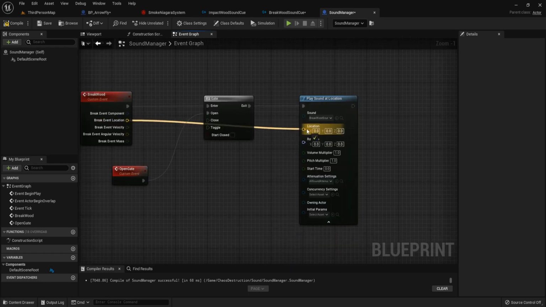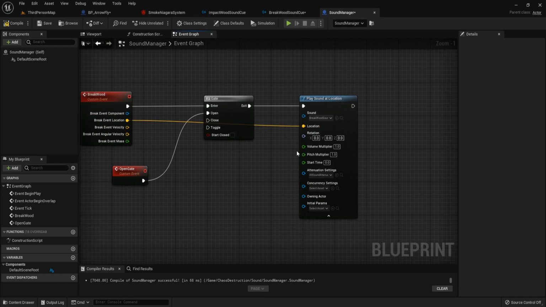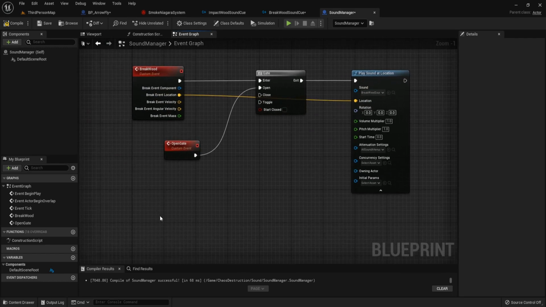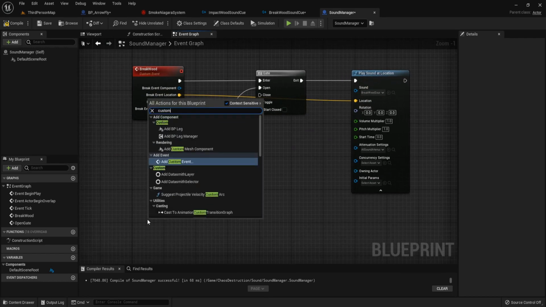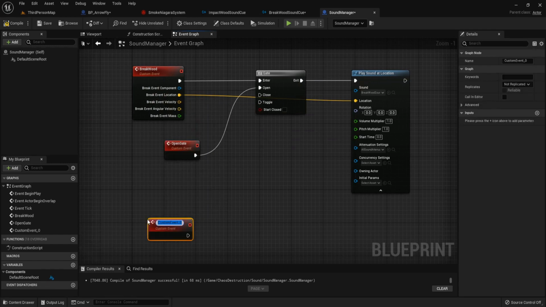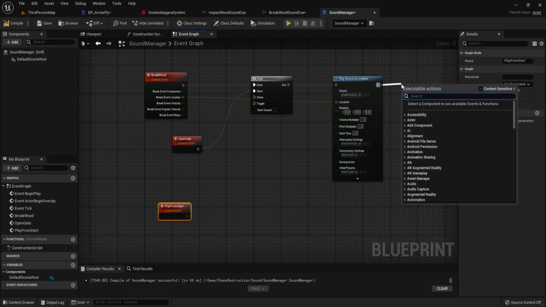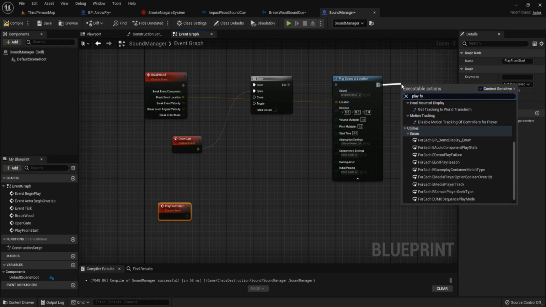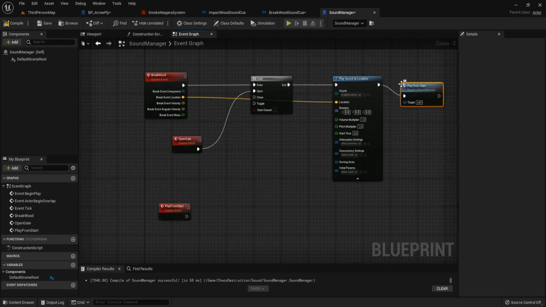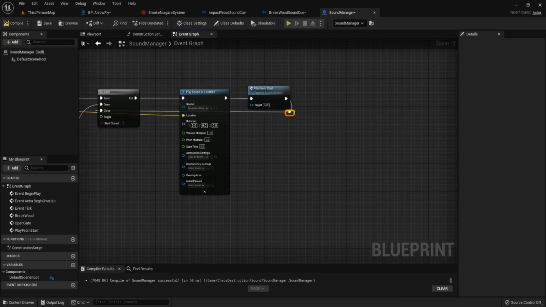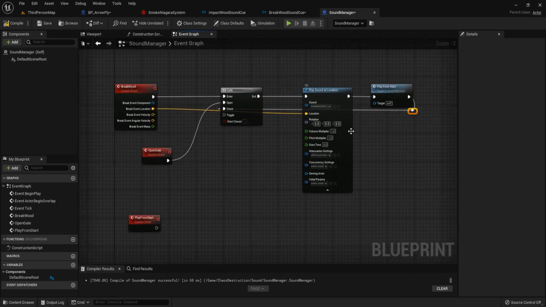Break event location to this location. Create a custom event. Name it play from start. After we play this sound, we call play from start. And then connect it to close the gate to stop the event from playing this sound.